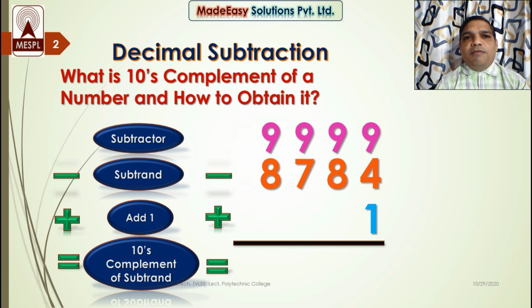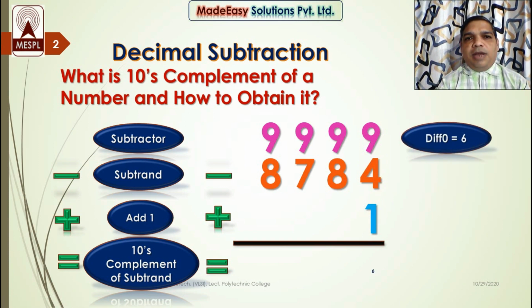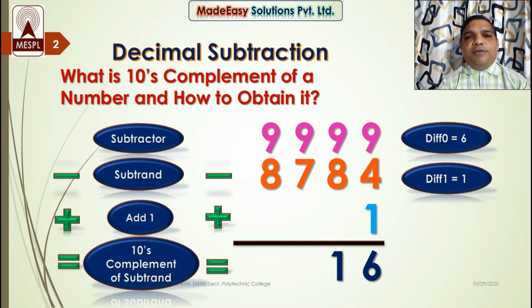So now perform the subtraction and addition. How will you perform? We have seen in the previous two videos that addition and subtraction, both operations, are performed digit by digit, and we start the operation from the LSDs. So here the LSD of the subtractor is 9 and the LSD of the subtrahend is 4. So start the operation from these digits. First subtract 4 from 9, I get the difference 5 and then add 1 into it. So the result I get is 6 and I will put the result over here. Now perform the next digit subtraction, that is subtract 8 from 9, I get the difference 1 and I will put the difference over here.